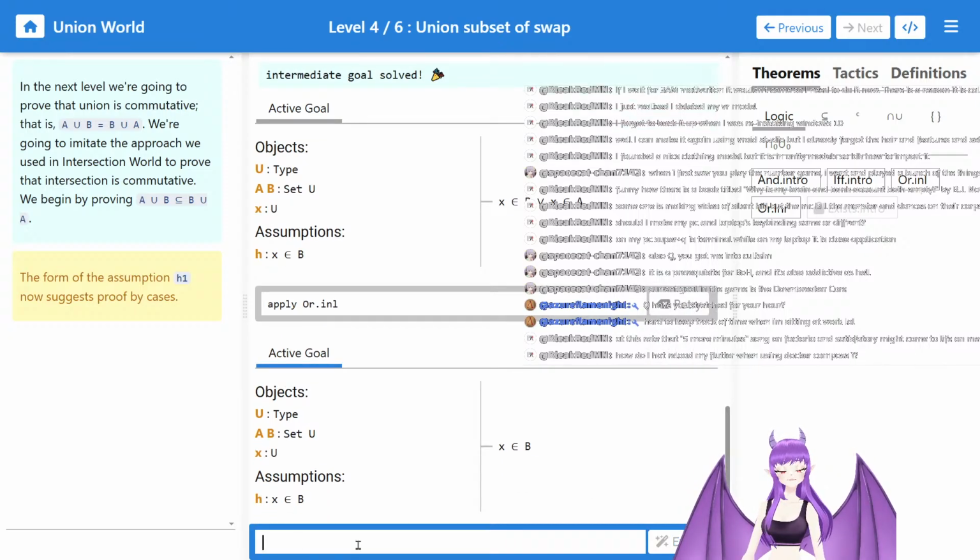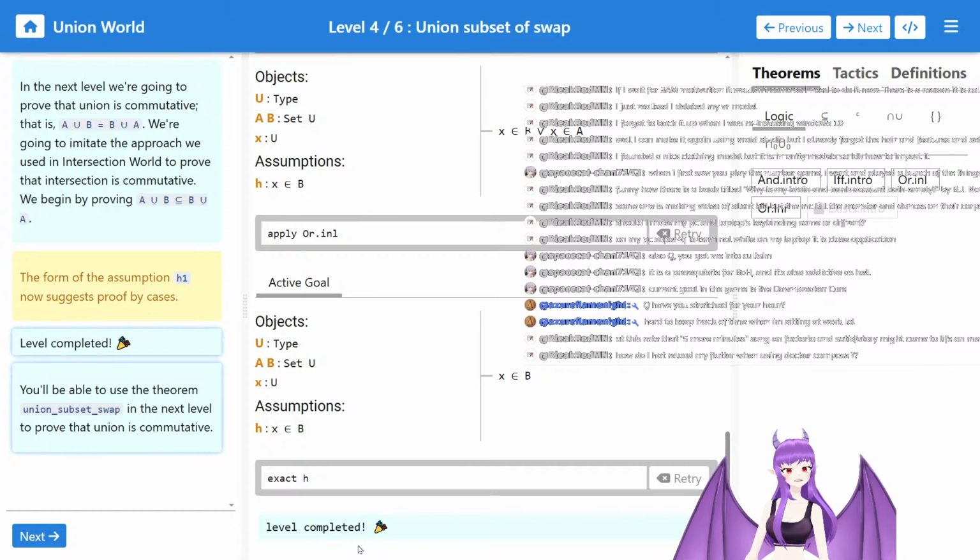Exact H. Level complete. We'll be able to use the theorem union subset swap in the next level to